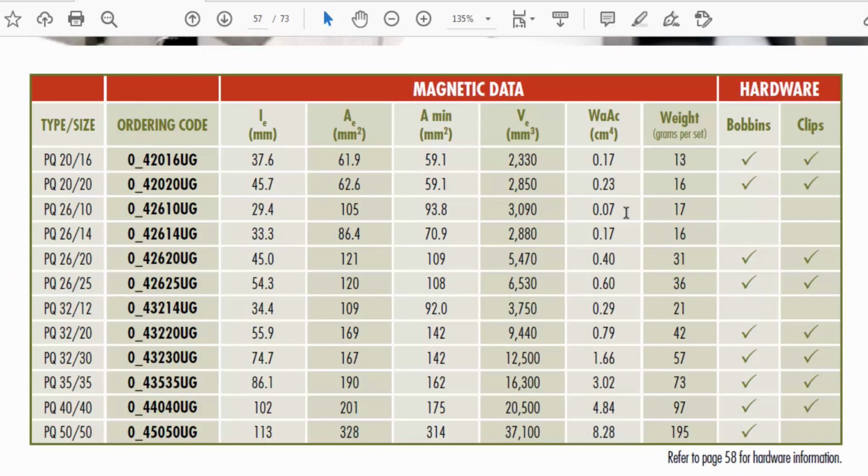Our calculation becomes PQ26, and we use the core data for PQ40. So 26 and 40, this is 4.84, its volume VE is 20500, and here PQ26 is 5470.